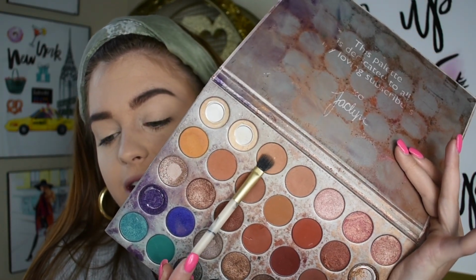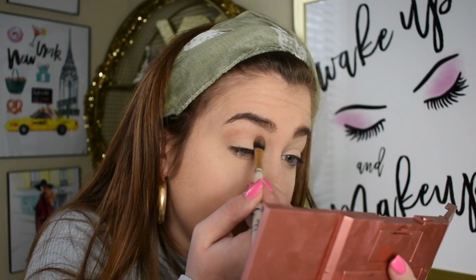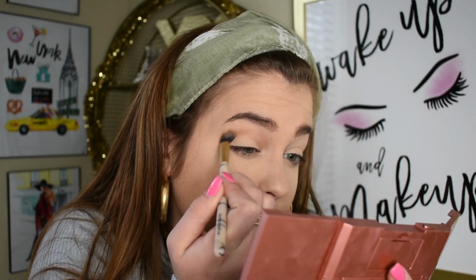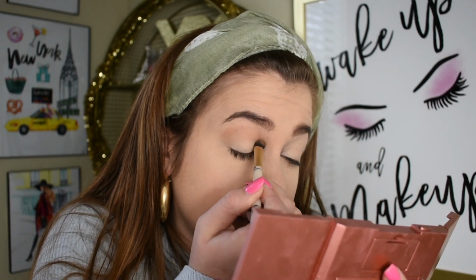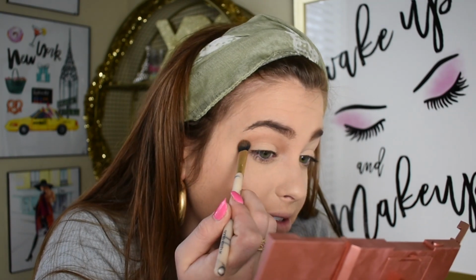I'm going to go into this shade in the Jaclyn Hill Morphe palette, third one from the top. I'm just going to kind of fluff that in the crease with a big fluffy brush. And this is going to be like a rounded look today, because it's basically just going to be a chocolatey, smoky eye. That's probably what the title of this video